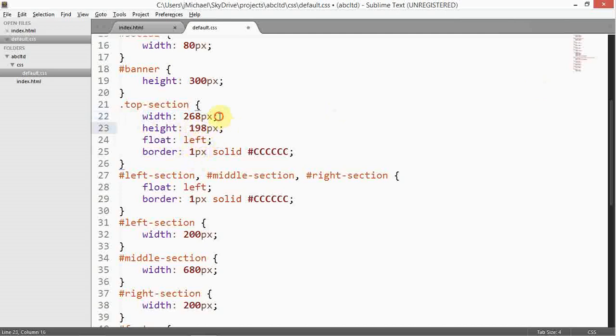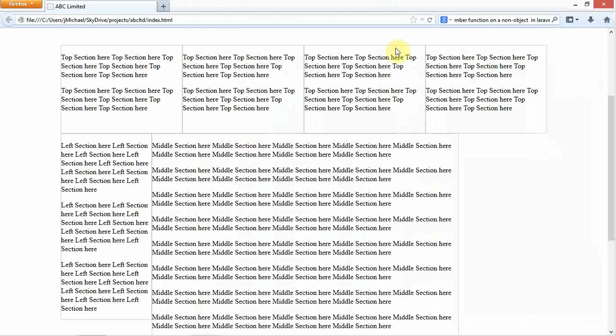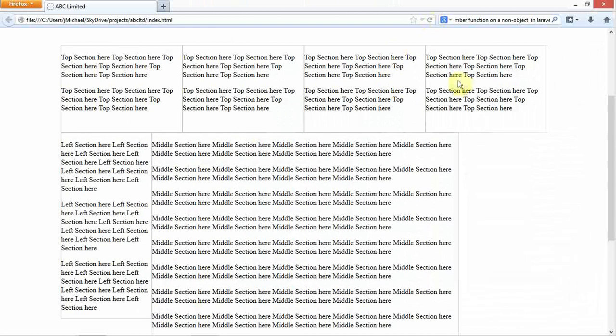Same thing with the width. The width was 270, but it's now 268. When you add on the 2 pixels that were contributed by the left and right border, we get the original 270 pixels. When I save my changes and go back to the layout, when I refresh, as you can see, it's very difficult to notice what has just happened, but we have gone back to the 270 pixels of width and the